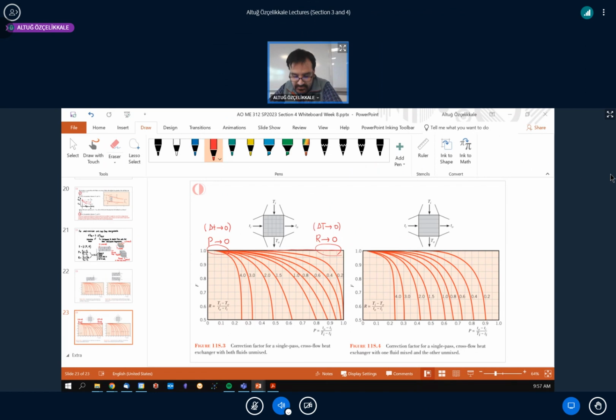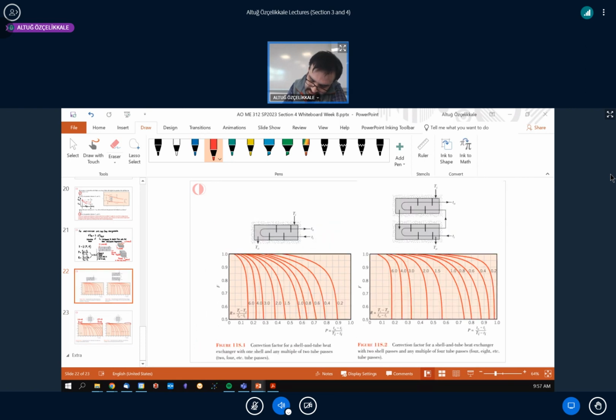So in other words, we are obtaining this insight that regardless of the heat exchanger type, whether it's a shell and tube heat exchanger, you're also seeing this limiting behavior, with a much sharper drop. But if you say the R is 0, you are going to obtain again this. So for either P or R going to 0, we are going to obtain F is equal to 1 for both cases. And this is signifying the fact that when there is phase change, it doesn't matter the type of the heat exchanger. For an evaporator or condenser,